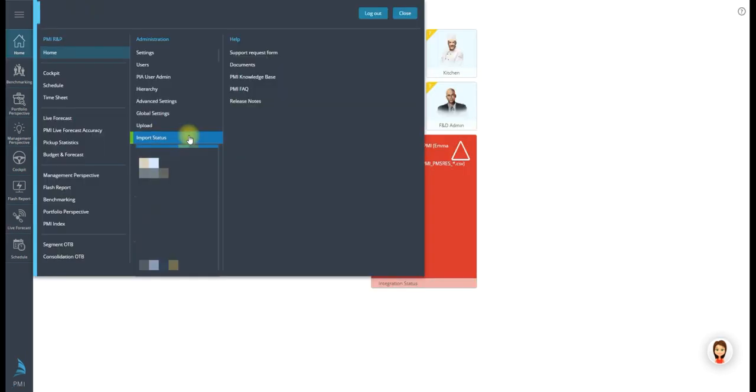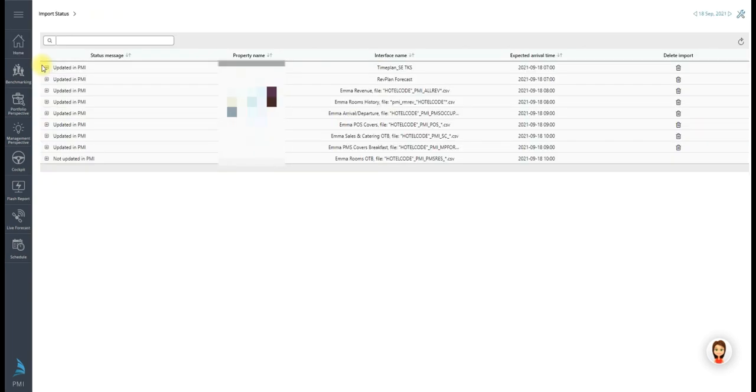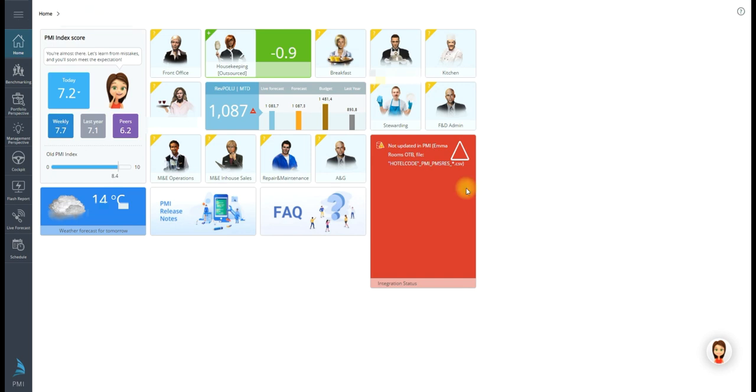Import status. Here you have an overview of all files imported in PMI from the source systems at your property, be it the property management system, the timekeeping system, the point of sale system, and so on. This can be viewed by all PMI users. If for some reason a file or two have not been imported, it will appear as a warning message on your homepage. If this happens, please contact your supplier directly or